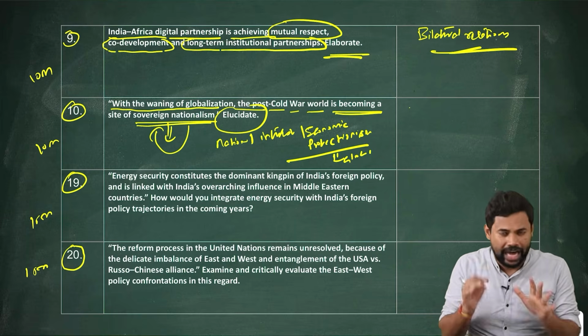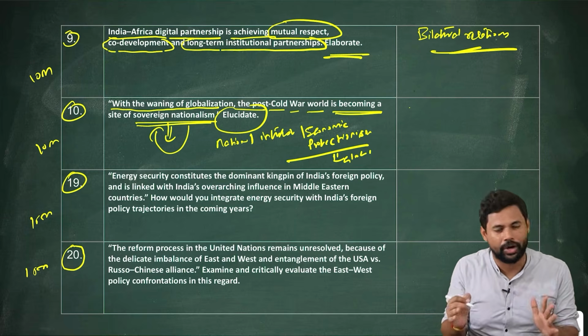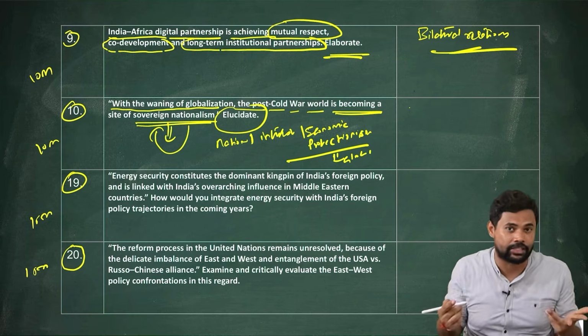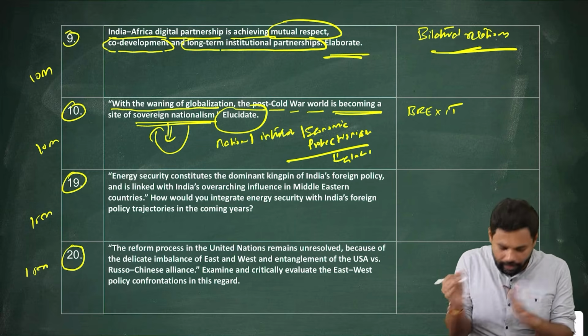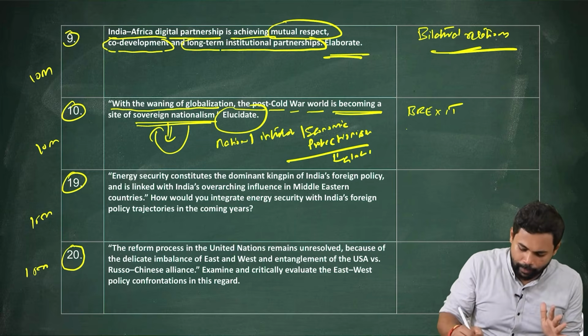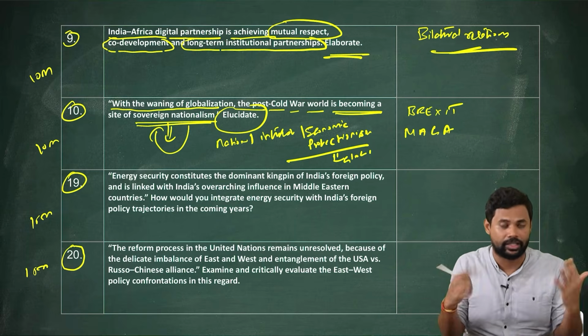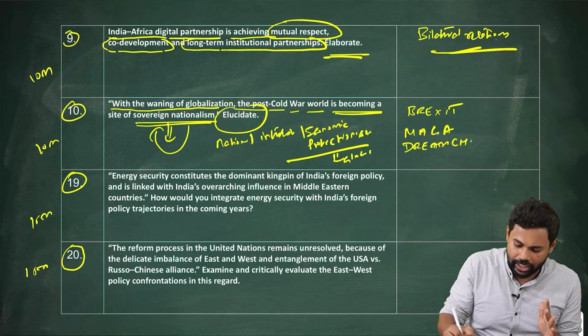Okay, however, again this question was pretty straightforward. It was not that it is surprising, because if you see the world from the last 2-3 years, there has been a lot of sovereign nationalism. If you see, Brexit came out long back, so that is where it actually started. Okay, from Brexit, if you look today, you have Make America Great Again. This is a campaign that is again inward looking rather than globalization. If you look at China has started something called Dream China. So that is again inward looking.